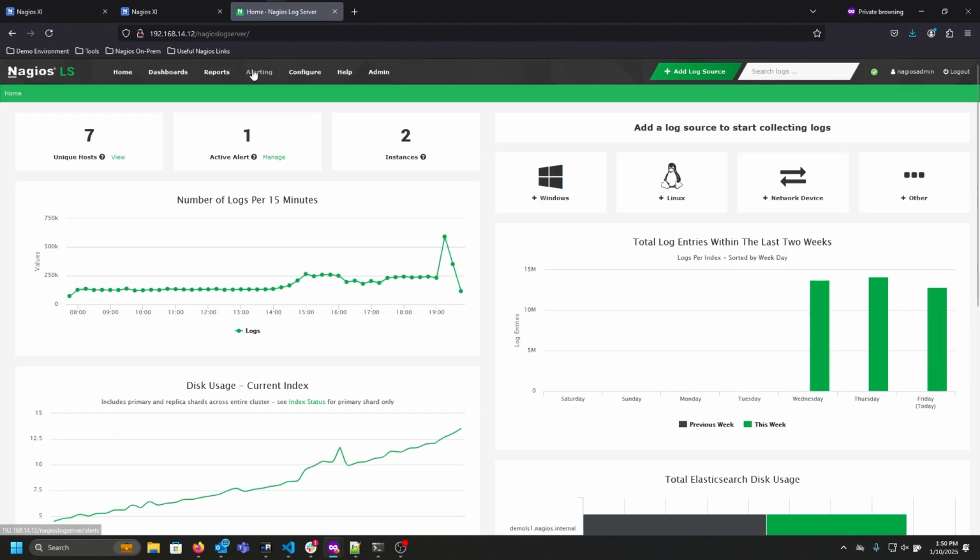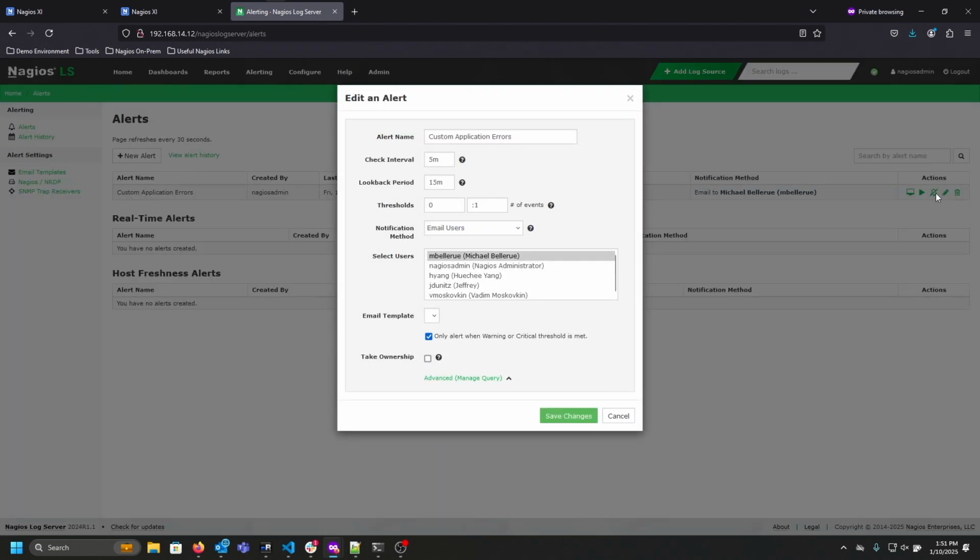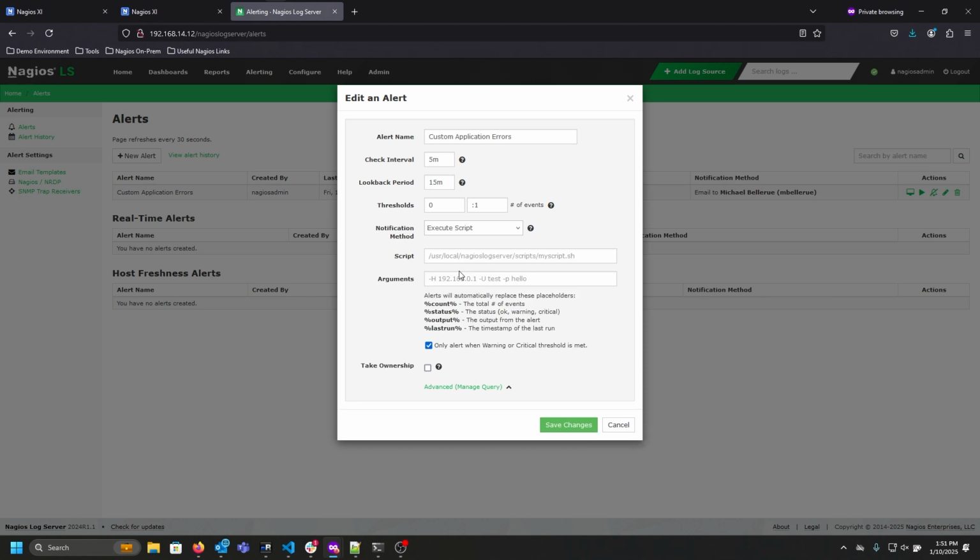Log Server's alerting feature actually has an execute custom command, execute script option. So this is kind of like event handlers, so I suspect this is why something like event handlers doesn't exist in Log Server. But if you can come up with a good use case for having them in Log Server,